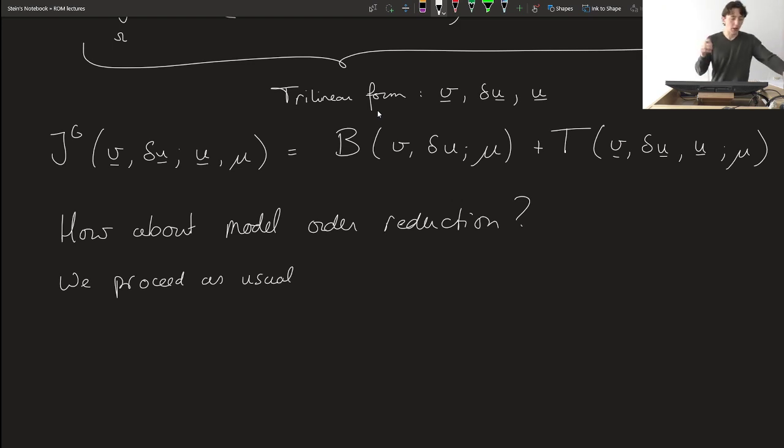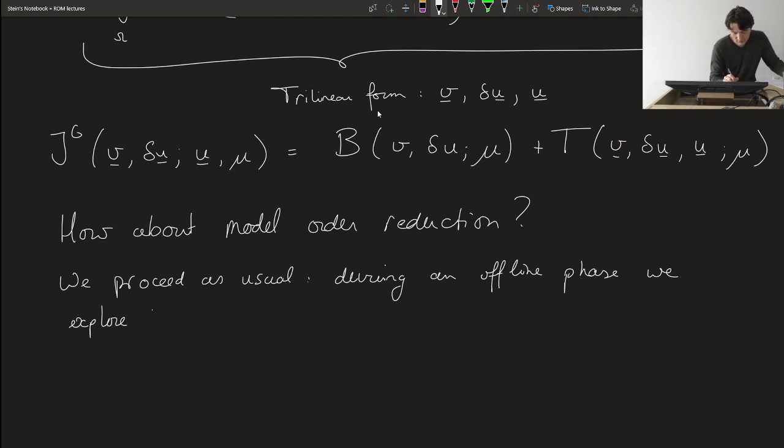Now what does that mean? We start by exploring our solution manifold in an offline phase where we have a whole bunch of computational expense that are available to us. We can look for many different solutions. We can compute many different truth solutions for high fidelity finite element simulations for all kinds of parameters mu, right? So during an offline phase, we explore the solution manifold